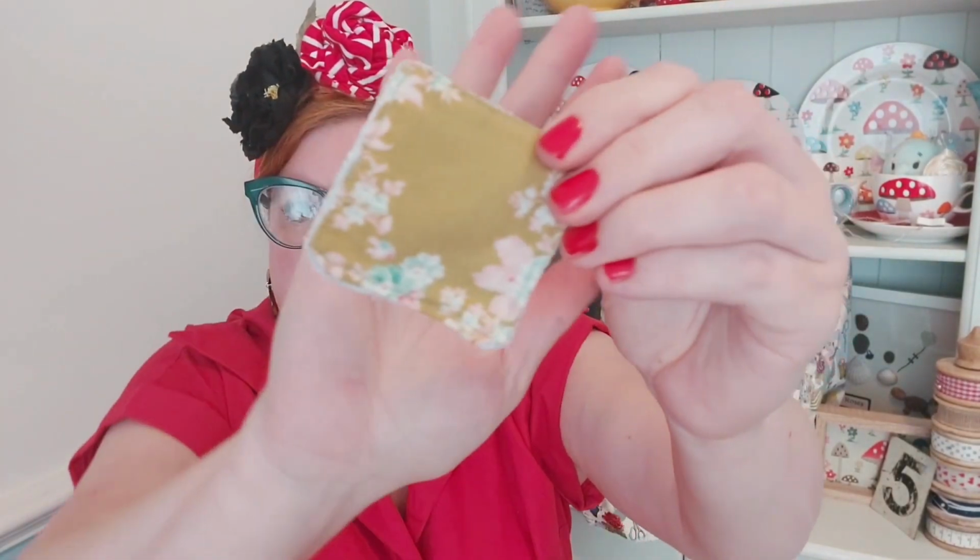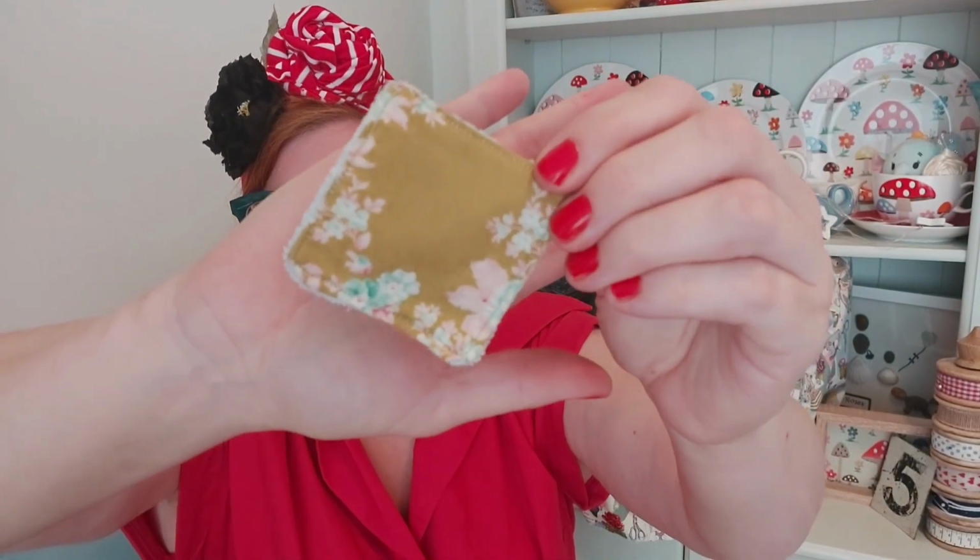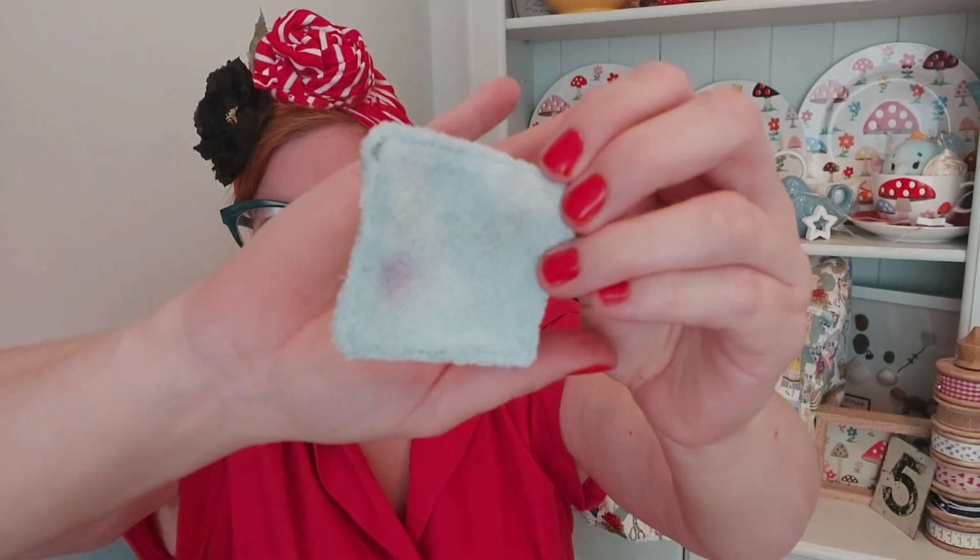And these are face wipes. So it's just a little square of fabric, and then on the other side is a square of microfiber cloth. They're actually the best things, better than jersey. You can see it's got stains on because obviously makeup does tend to stain